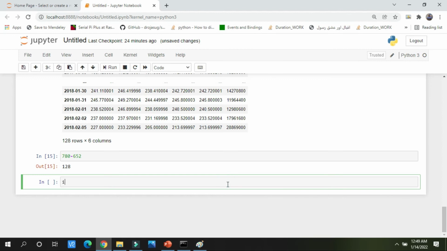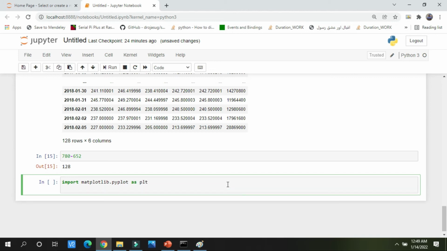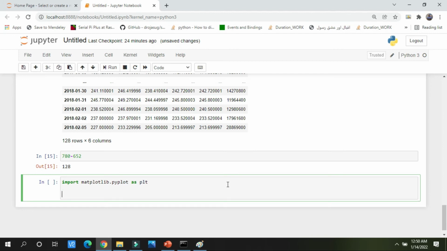So let us write the code for plotting. I am writing import matplotlib.pyplot as plt, for visualizing the graph and for giving the size of the graph, because I want it displayed on screen in a good size.